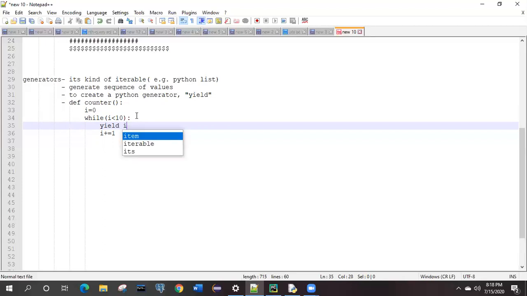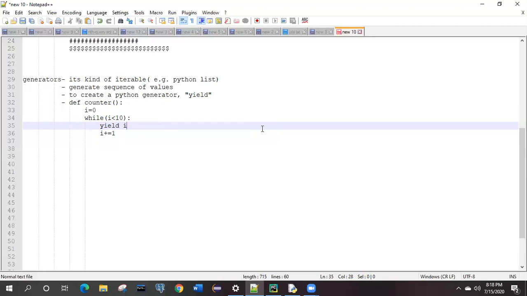That is like the print statement. So if you are simply yielding i, the i value gets printed, right? If you see something like this, it is the behavior of a generator.